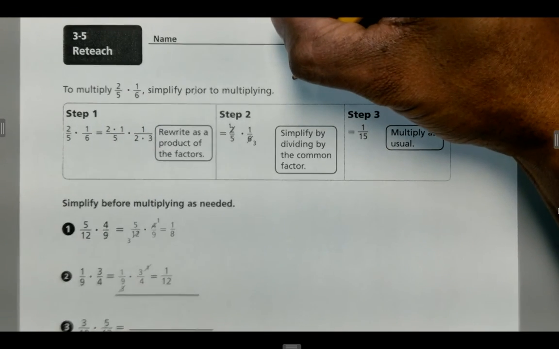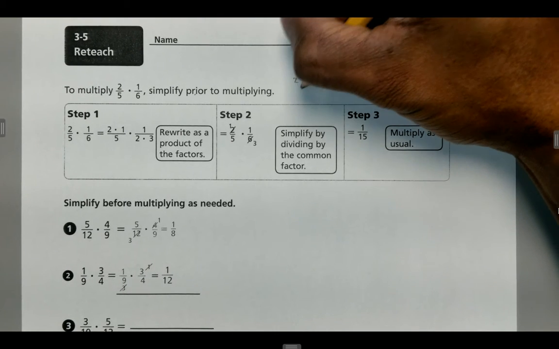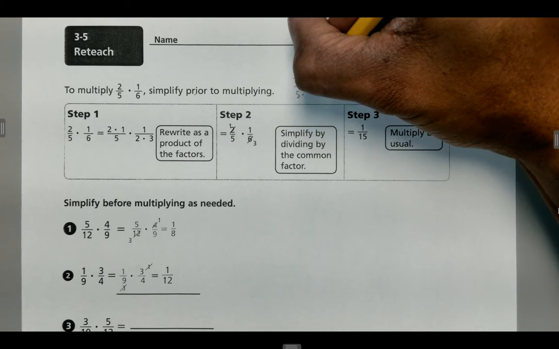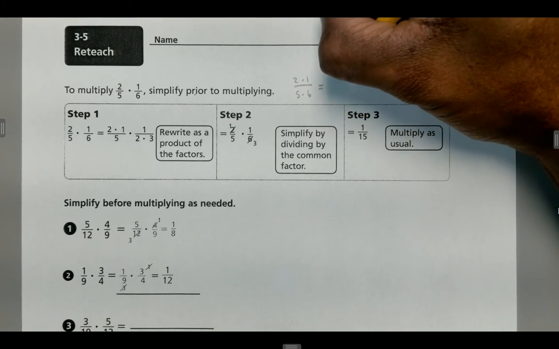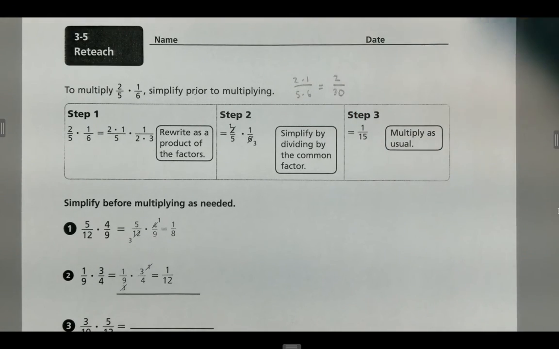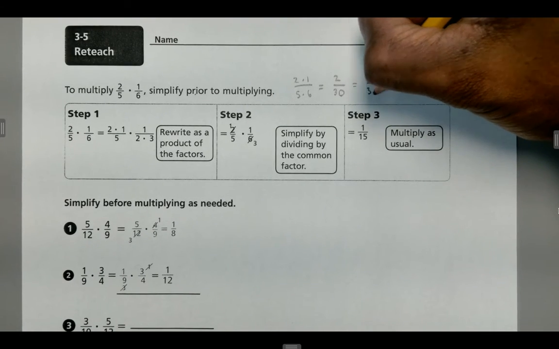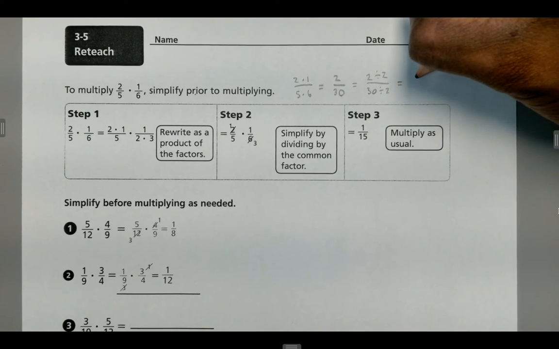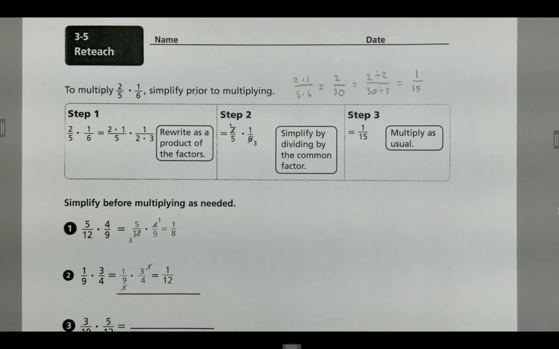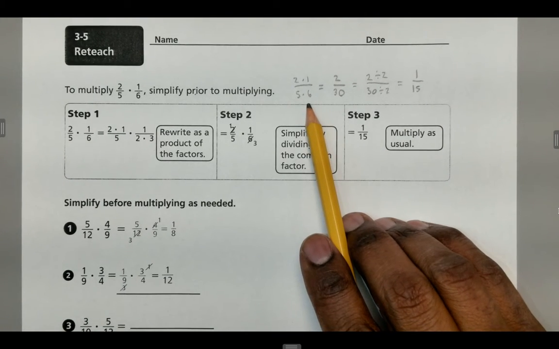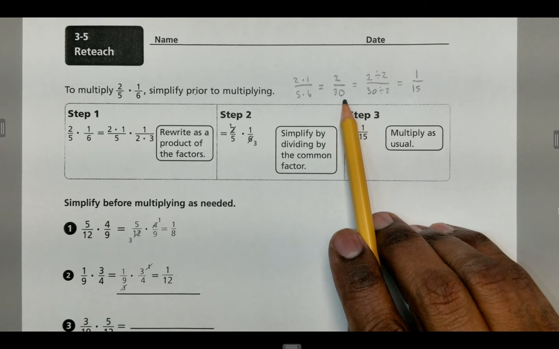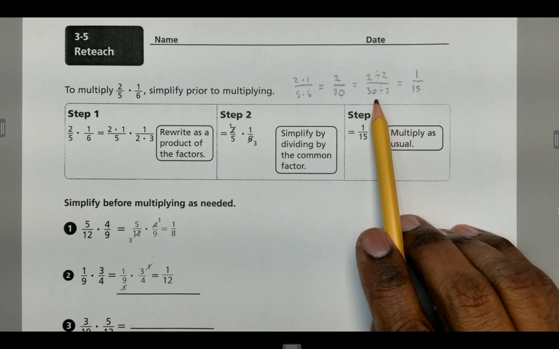Okay, so let's do that up here. 2 times 1, up top, 5 times 6, down low, and we get 2/30. And since 2 and 30 are both even numbers, 2 can go into both sides. I can divide the top by 2, divide the bottom by 2 to get a final answer of 1/15 in simplest form. So what we have done here is first we've solved it, and then we have done our simplifying